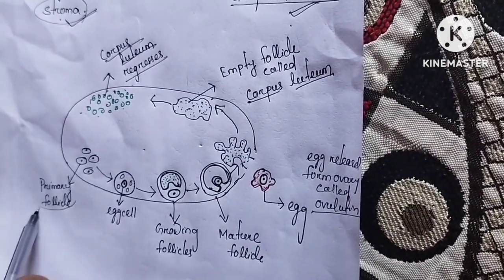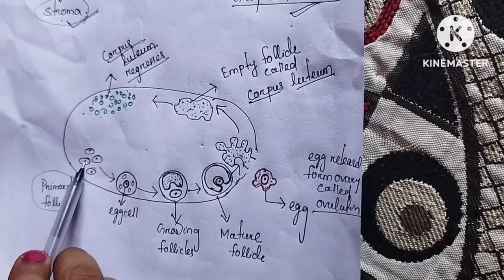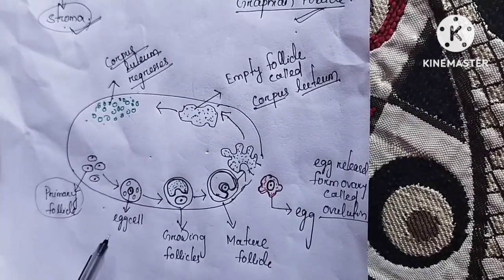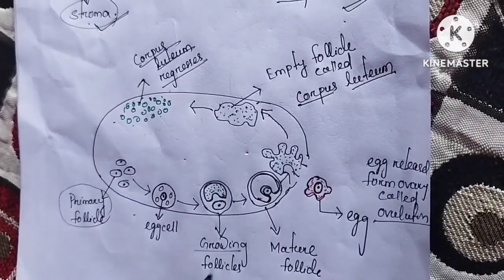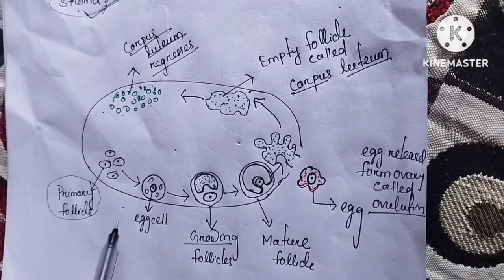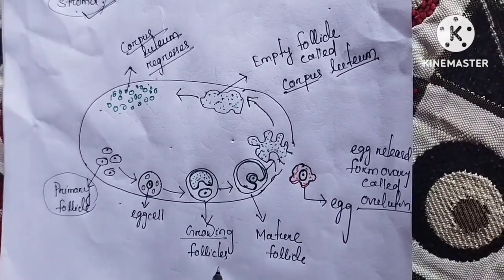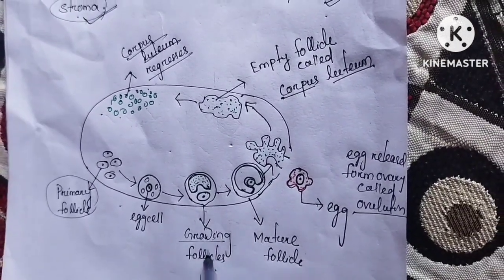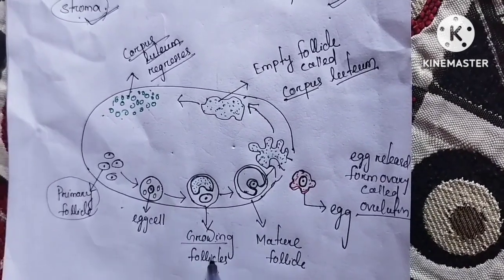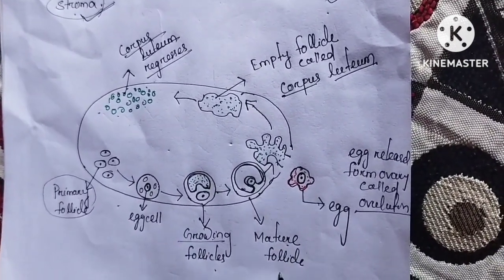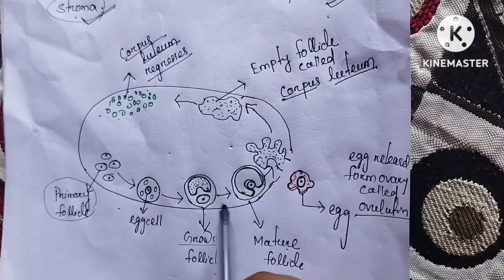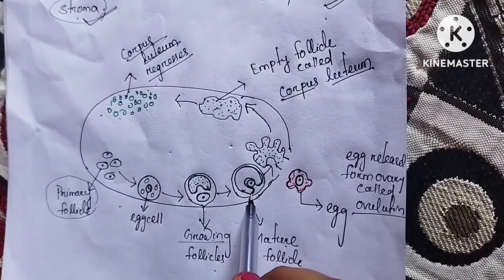The primary follicular cell develops to form a growing follicular egg cell. Then it is converted into growing follicles. Then the growing follicles convert into mature follicles. Then after the follicle is matured,